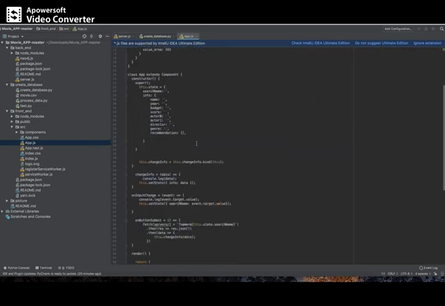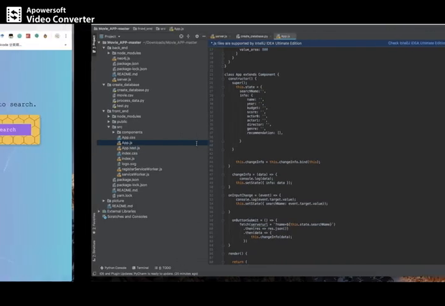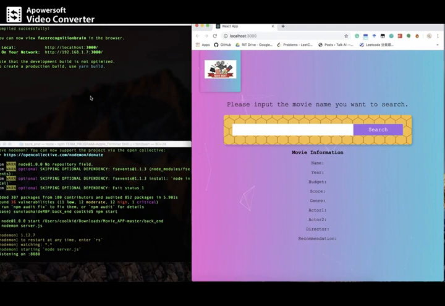And this is our front end. Our front end is written in React. It's not very complex. It has one website, I mean one page. And you can see here, after I run the server and the backend and the front end, we can do some